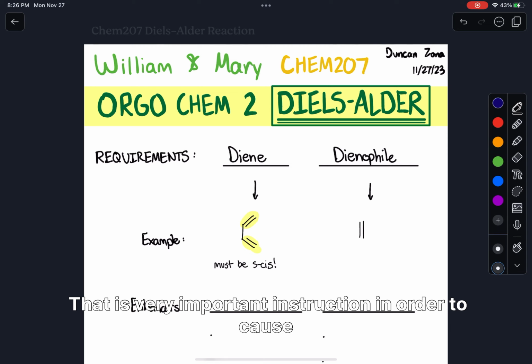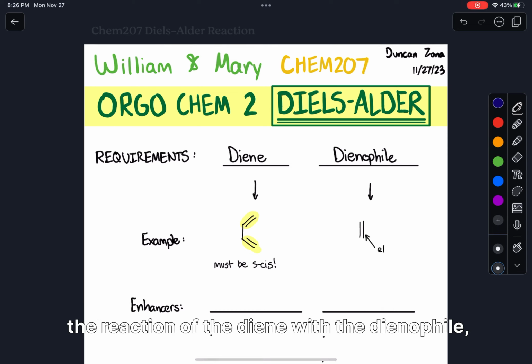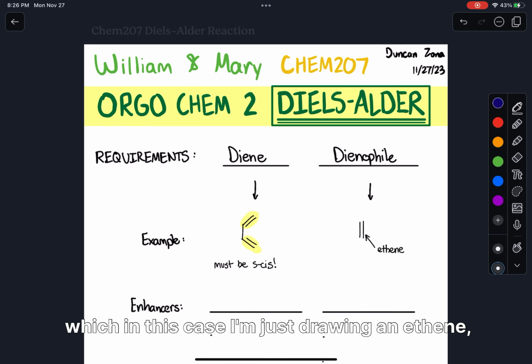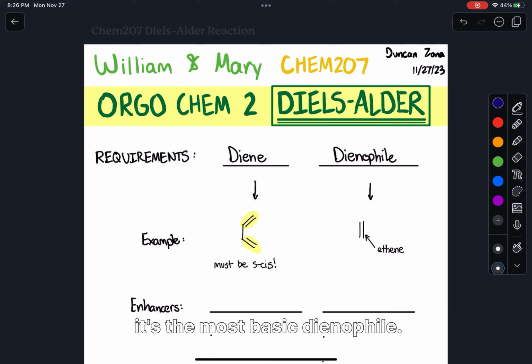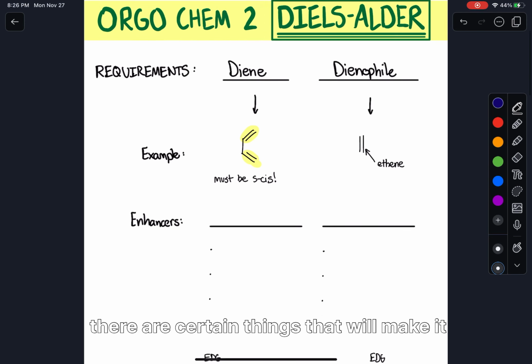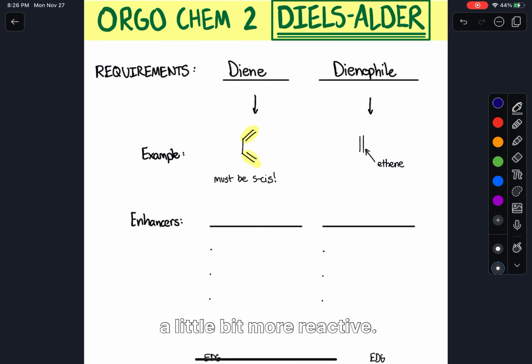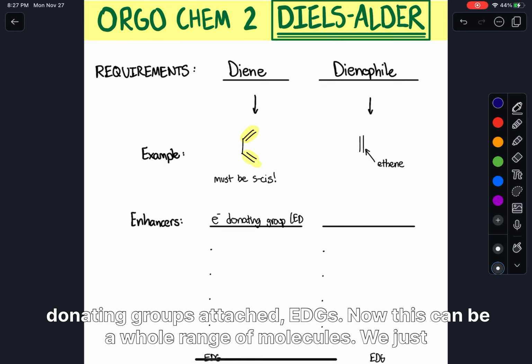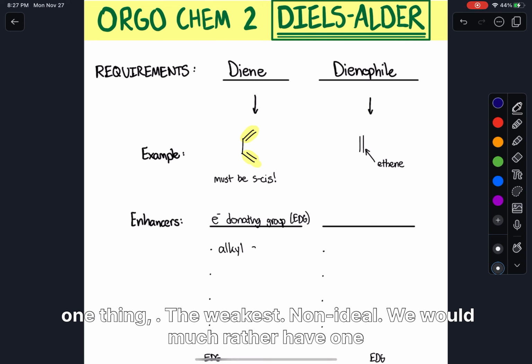That is a very important instruction in order to cause the reaction with the dienophile, which in this case I'm just drawing an ethene. It's the most basic dienophile. Now, there are certain elements that can make the diene or dienophile more likely to react. These are called enhancers. On the diene side, there can be things called electron donating groups attached, EDGs. Now this can be a whole range of molecules, weakest one being an alkyl group,